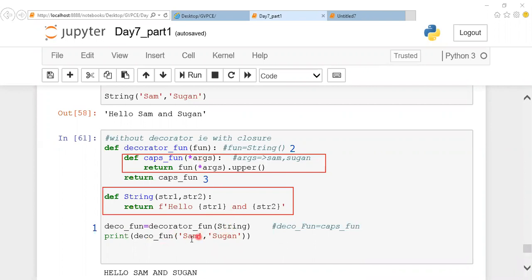What am I passing here? Arguments. I'm passing the name of the person. So this data will be received in star args. We have seen star args already: whenever we have multiple inputs as arguments and we are not sure about the number of arguments, you can mention star args.